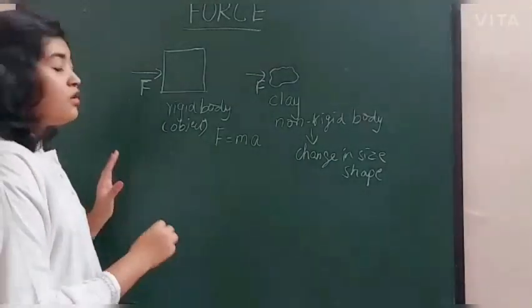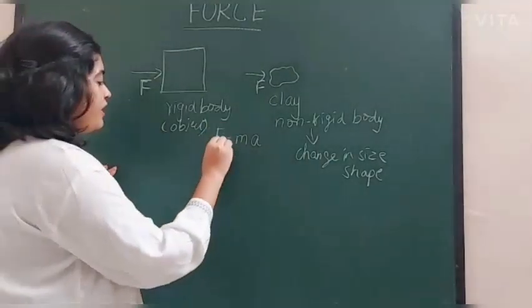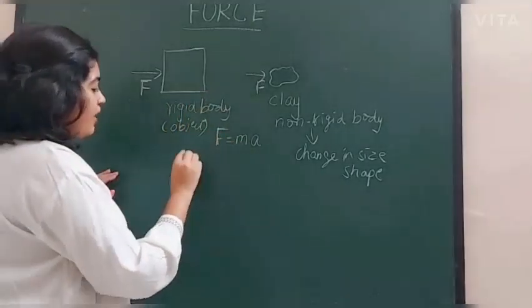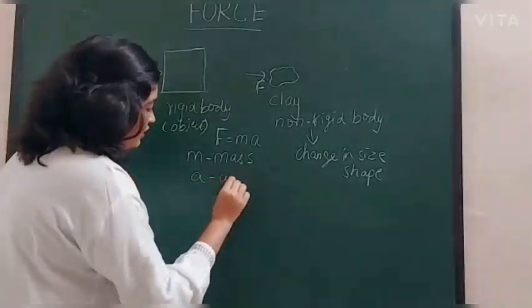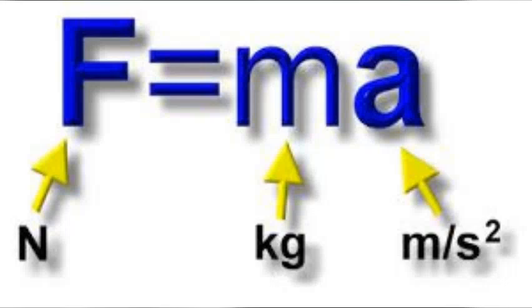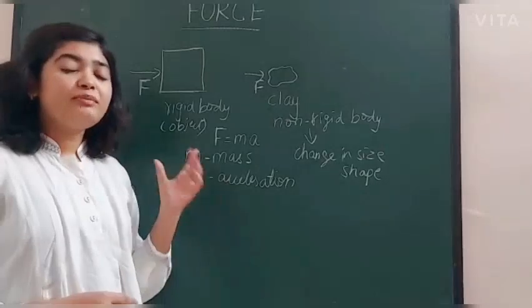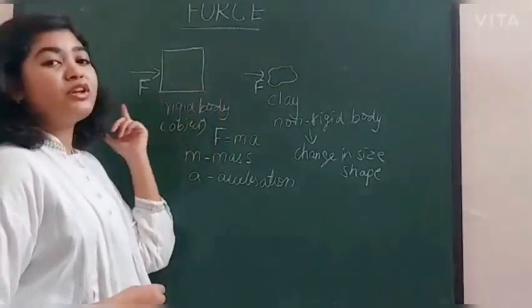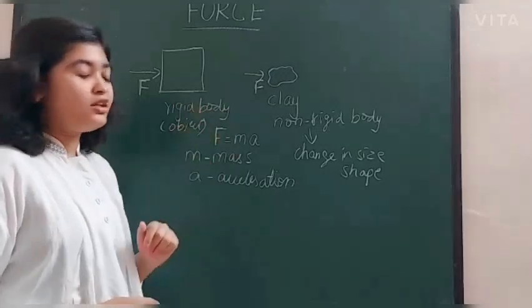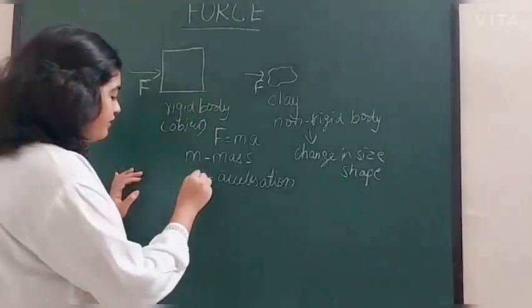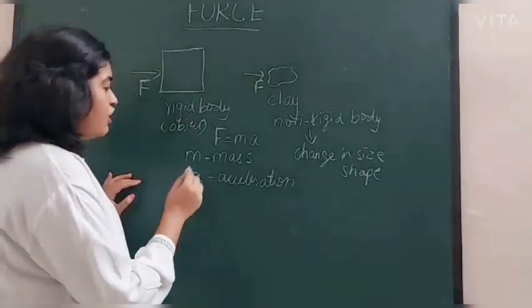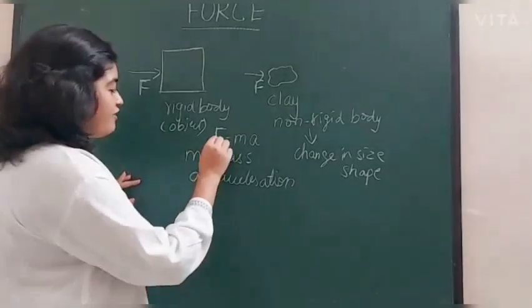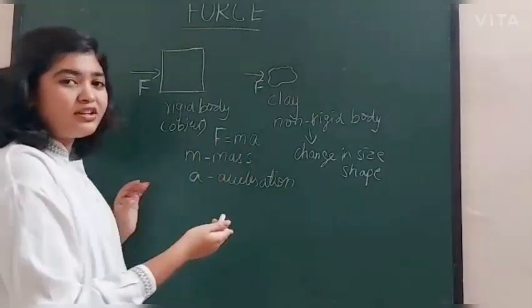So if you apply a force on any body, like for rigid or non-rigid body, it has a certain mass. So the mass we have taken it as m, and a is the acceleration over here, which means when you generally apply force on this object, you can see there is a shift in the place of the object. So from one place to another, when you apply force, it will move to a certain extent. So we have taken that as speed, and when you take it at a particular instant of time, then you can see the acceleration of that object. So that's why force is termed as F is equals to ma, which is mass into acceleration, which gives the